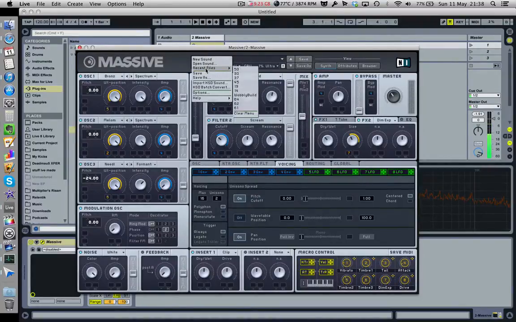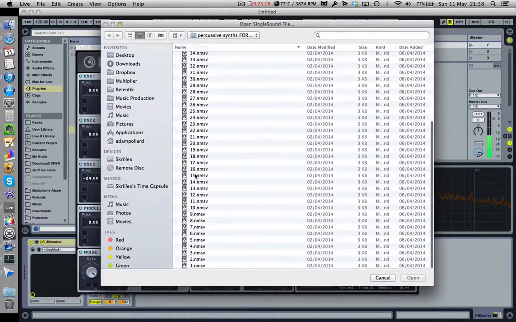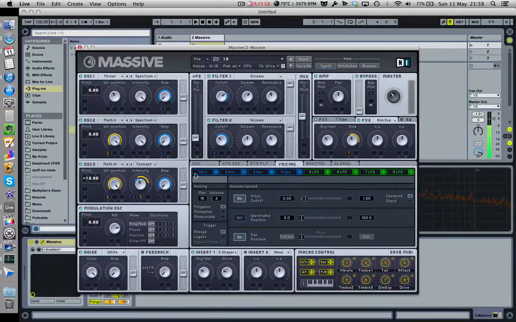Looks like they're all a similar sort of vibe in terms of the sound design. There you go, that one's a bit more interesting. Right, so as you see, what I've got going on with this one is